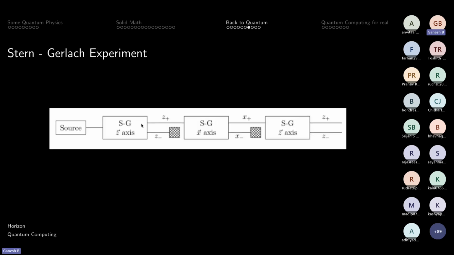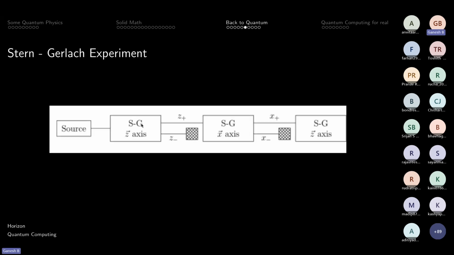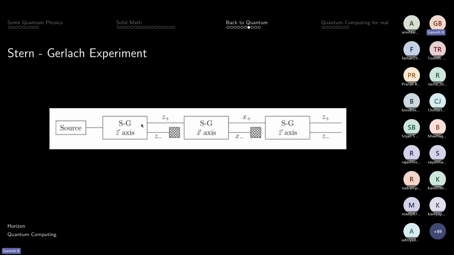That's why you get a 50-50 probability. And again, you take the inner product with 1 or 0. Positive you can define to be 0 and z minus you can define to be 1. So essentially the SG filter box is like an inner product. If we define it that way, this experiment actually comes out making sense.